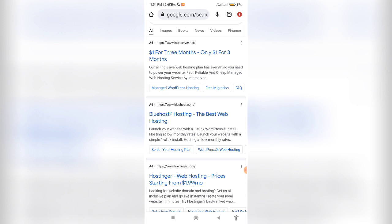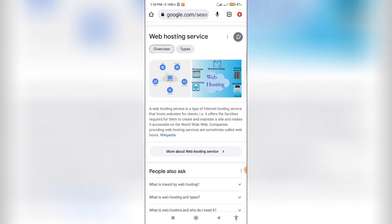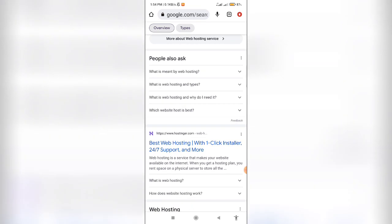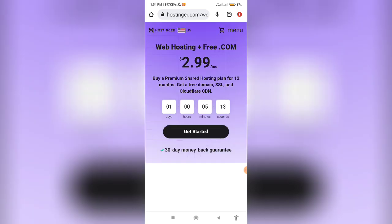So first of all we need to check what is web hosting. A web hosting service is a type of internet hosting service that hosts websites for clients. So first of all is web hosting with one-click installer. Web hosting in